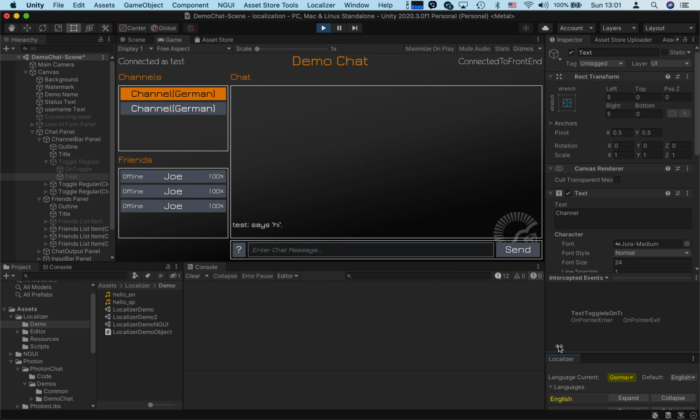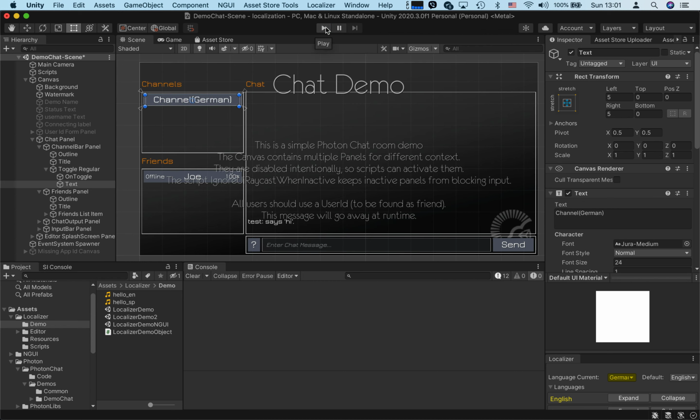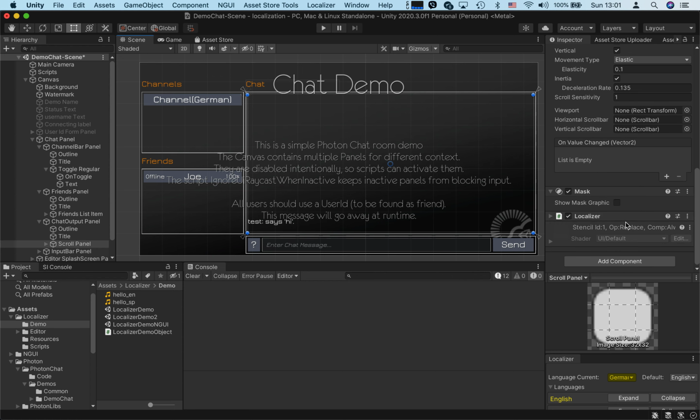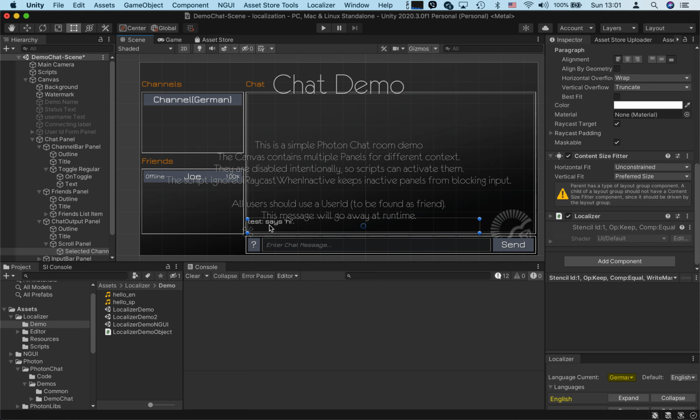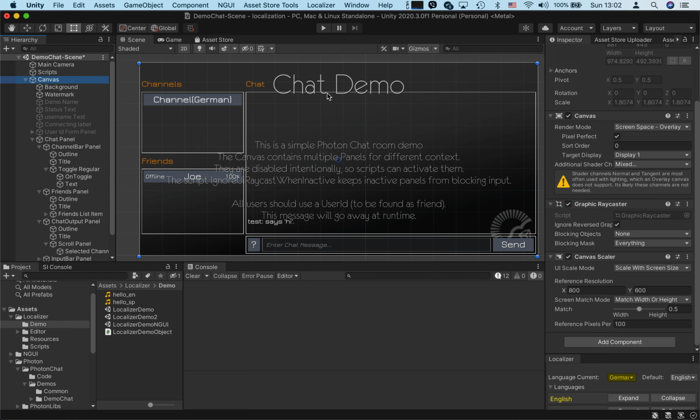And I want to show something more. Definitely we should not use localization on some chat window, for example, like here, right? So this is not required, and for this selected one as well. There is a localizer. It should not be here. I really strongly recommend don't first localize everything. So I will just clean it up. I remove any localization